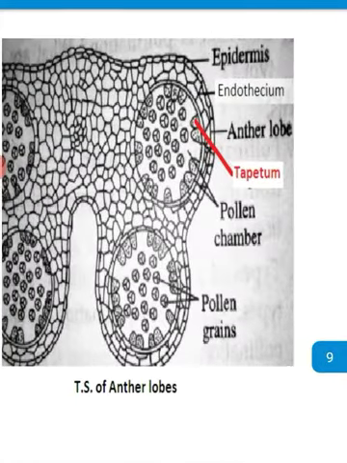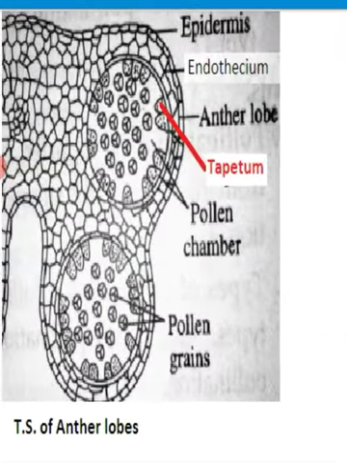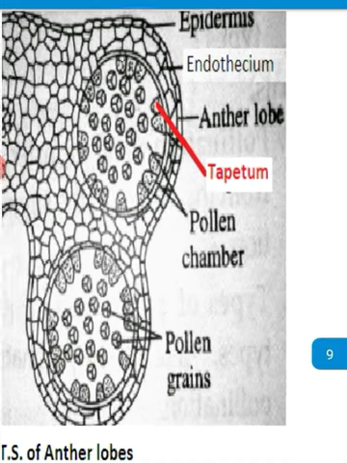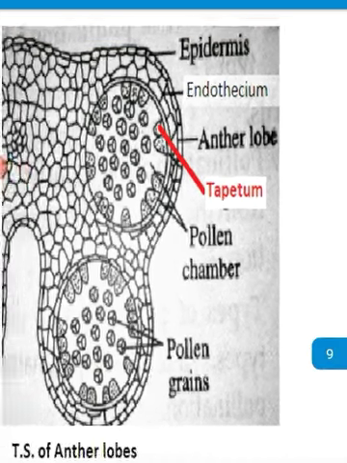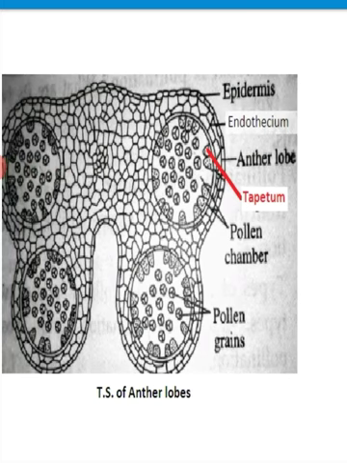So, next to this, there is the tapetum. The tapetum is the innermost layer, with centripetally oriented cells, dense cytoplasm, and a polyploid condition. That means more than one or two nuclei. More than two nuclei are there, multinucleated: n number, 2n number, 3n number, and sometimes 4n number is also seen. So the polyploid condition is seen, and they provide nutrition to the developing pollen grains.